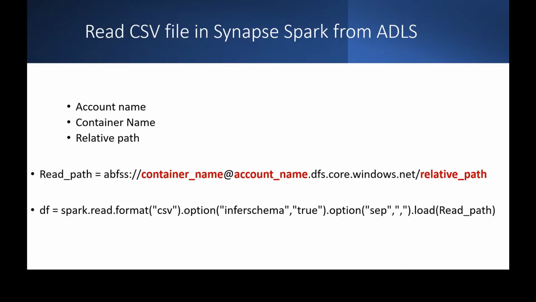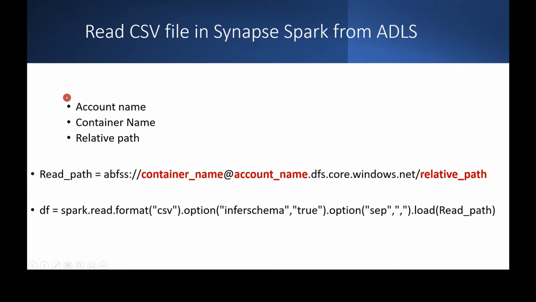As part of this POC, these are the important steps we need to follow. First, we have to get the account name. The account name is nothing but the blob storage account name that we have created. And within the blob storage, we had created a container. We have to retain that value also, the container name. And within the container, we can create folders. In case we have created folders and uploaded the sample file, then we have to give the relative path under the container name. These are the important parameters we have to note down. In our example, I am going to upload the sample file under the root folder of the container, so I don't have any subfolder under the container name.